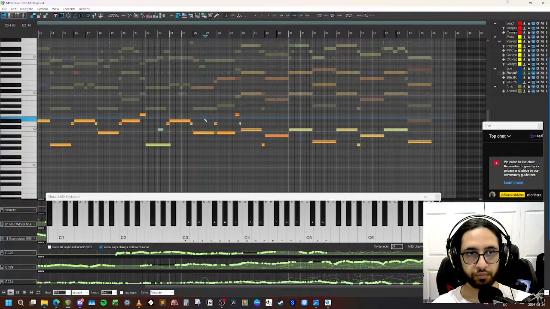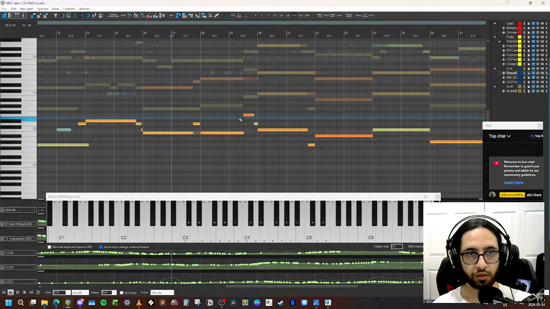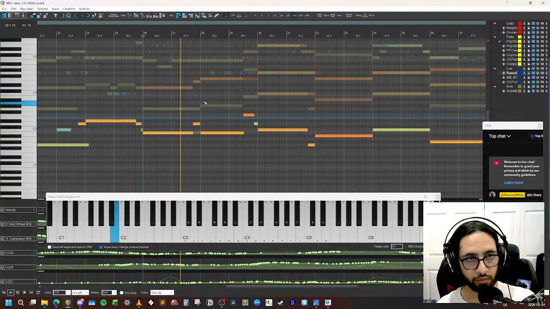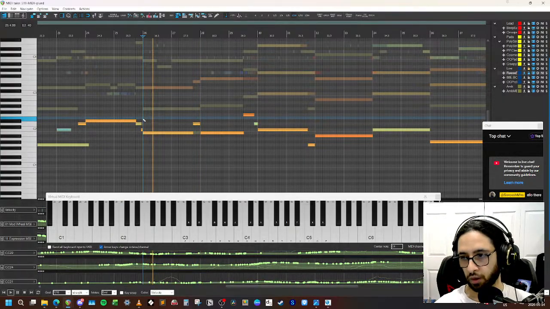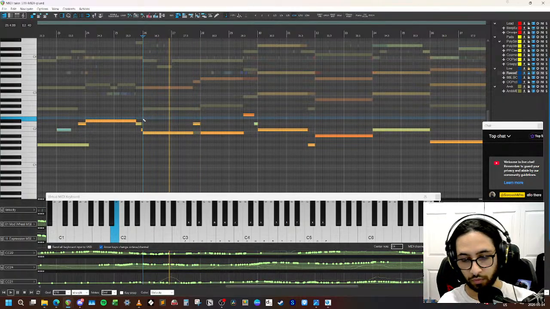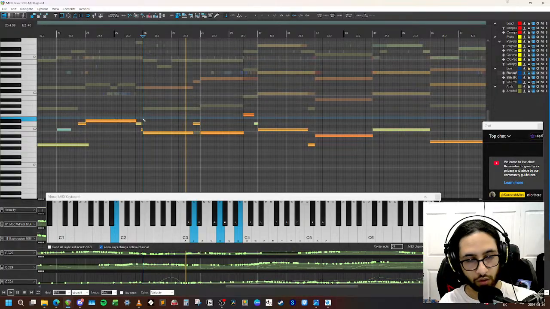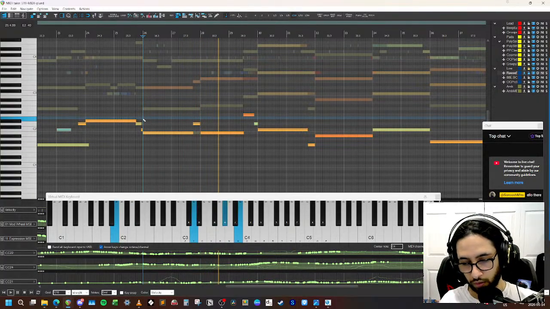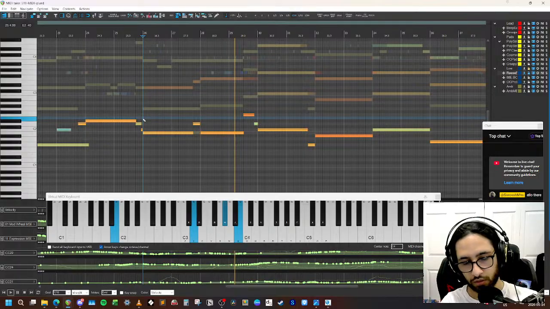Then on that B diminished, it does a little, stays on B, or that's the G. Yeah, so that's the G, my bad. And then on that, yeah, B diminished.